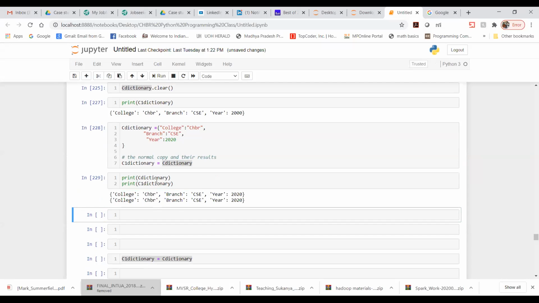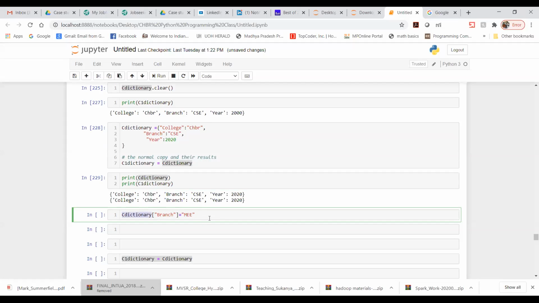Now I want to make a change on C dictionary. So how am I going to do it? Let me perform this. I wanted to change branch. Let's say branch is equal to, let's say I'm just making MEE. So I am going to make the change on C dictionary.